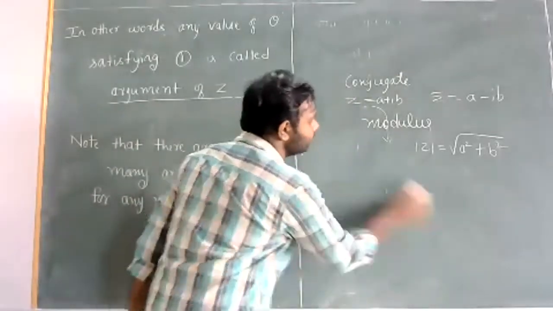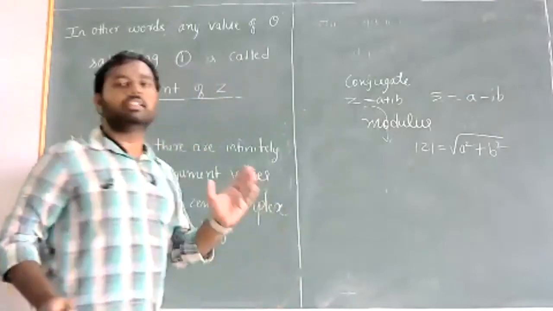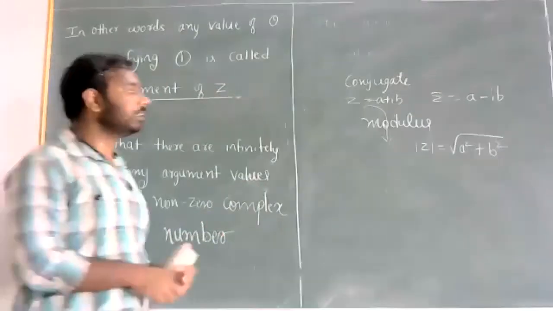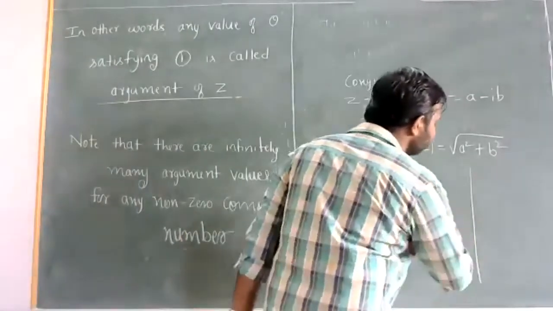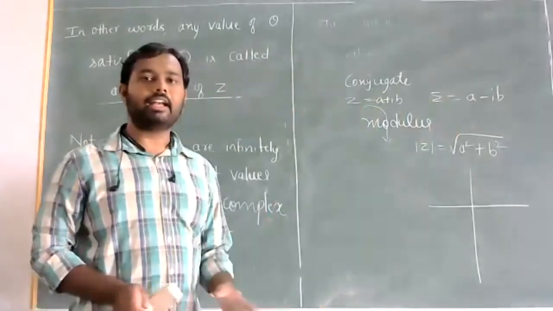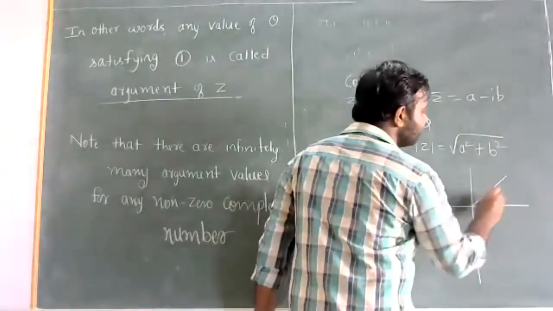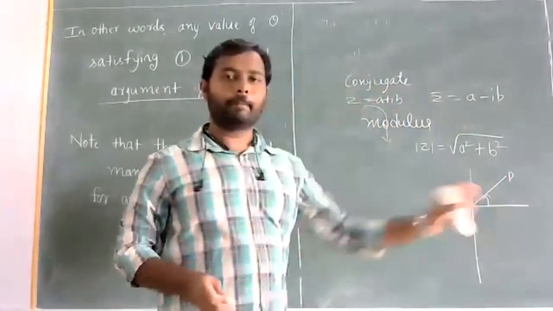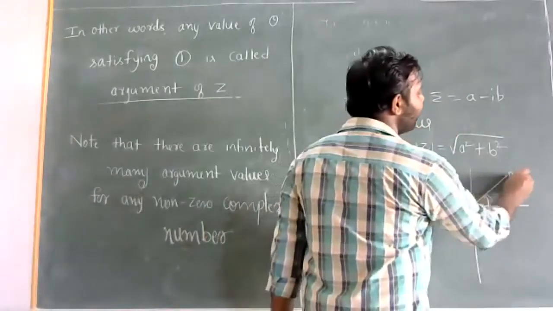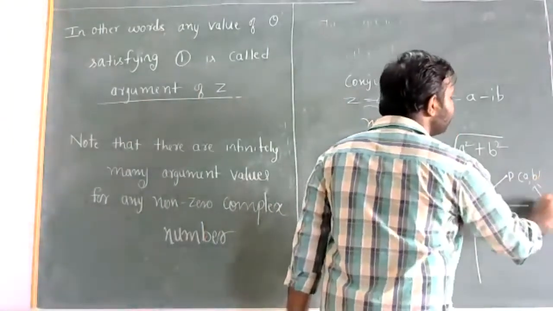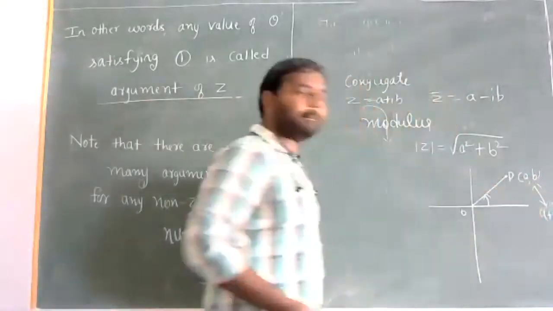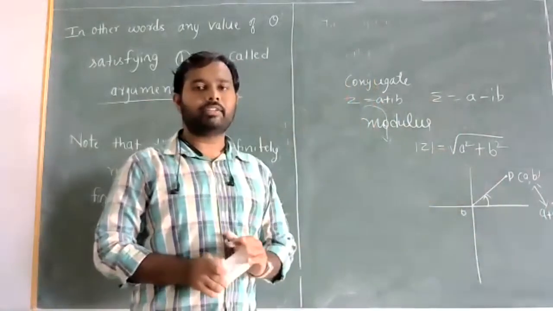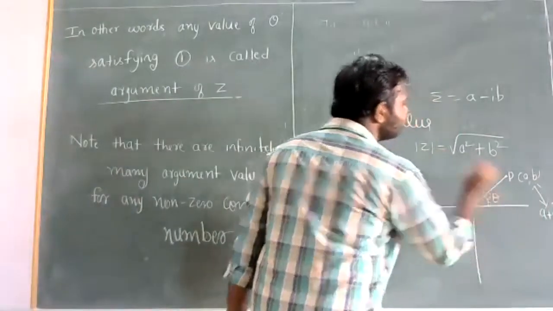So that is called the principal value of the argument. We know that. So first of all, what is the argument value? Argument means it is the angle subtended by the line OP with respect to the positive real axis, where the point P is the ordered pair a comma b, which is nothing but the complex number a plus ib. So the angle between these two lines is nothing but the argument value, right? So say this is theta.